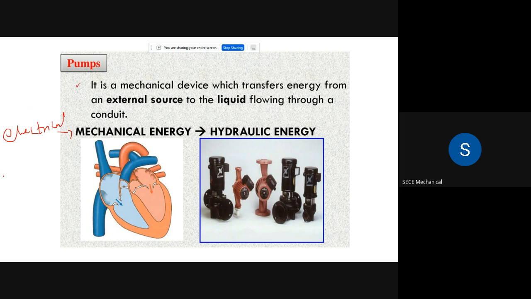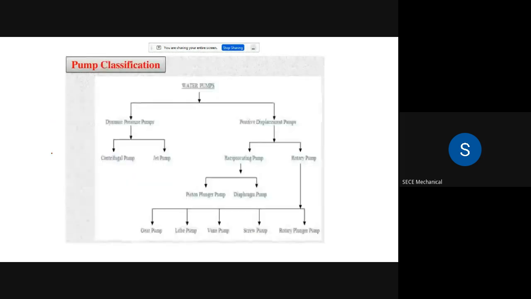Whereas pumps வந்து பாத்தீங்கன்னா electrical energy is converted into mechanical energy. Since we have to start the pump, we have to give input power through an electrical motor. That is, a motor is driven here, so it is an electrically driven motor. So electrical energy கொடுத்தது mechanical energy கவர் பண்ண முடியும். Rotational force கிடைக்கும், but rotational force is called mechanical energy. Because of the rotational force, the energy is added up to the fluid so that we achieve the hydraulic energy. In pump classification, there are different types of pumps.